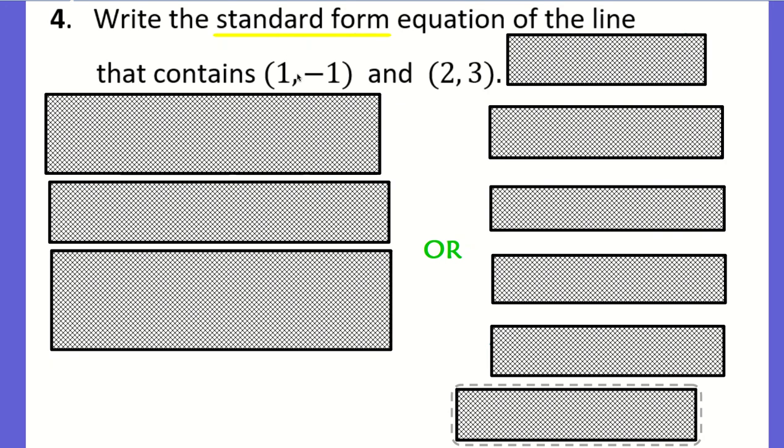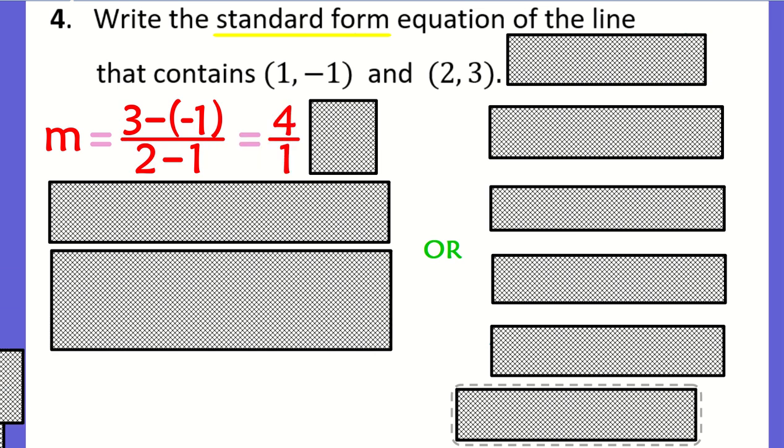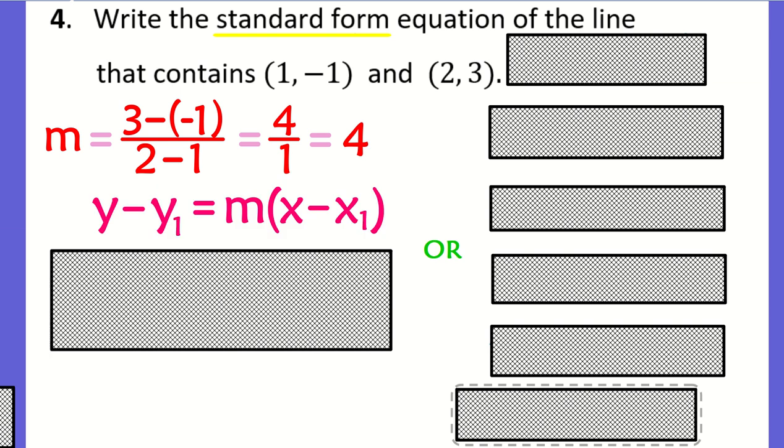So regardless, what they've given you is 2 points, and they want the equation. Well, the first thing you do is you find m using the formula for slope. Okay? So you absolutely need m, and you can find m on your own. So m is 4. After you do that, now you can take your newly discovered m value and one of these points,